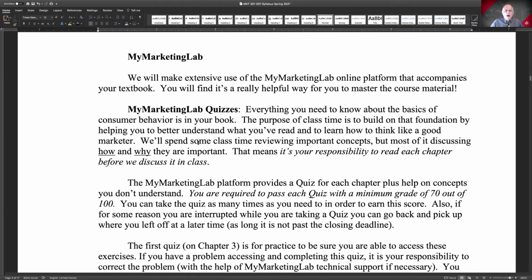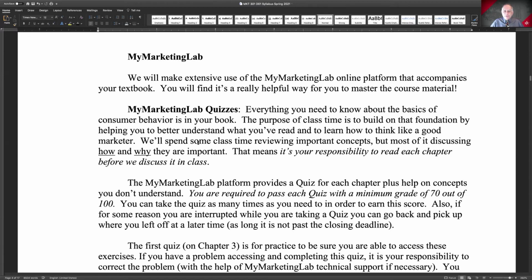So one of the ways that I do this is something where students hate me for this at the beginning, and then they thank me by the end of the course. And I've had that happen to me many, many times. Why do I say that? I'm going to ask you to actually read a chapter that's assigned in a given class before that class. And in MyMarketingLab, you will need to take a quiz, a short quiz on that chapter and pass that quiz.